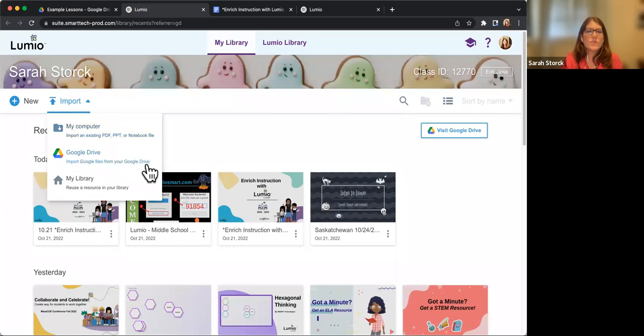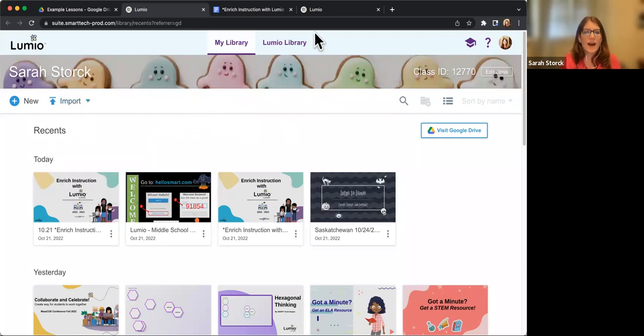You're also connected to your Google Drive. So if you have Google Slides, you can bring those into Lumio and then create those interactive pages like the collaborative whiteboard we did. We're going to go and we're going to find some things in the Lumio library. So if you save something to your library today, you can bring that into a new lesson. So that's the My Library button. So let's go ahead and see up at the top, find where it says Lumio Library. So you'll have a little tab that says My Library, and then you're going to see that it says Lumio Library. So if you click over on the Lumio Library,